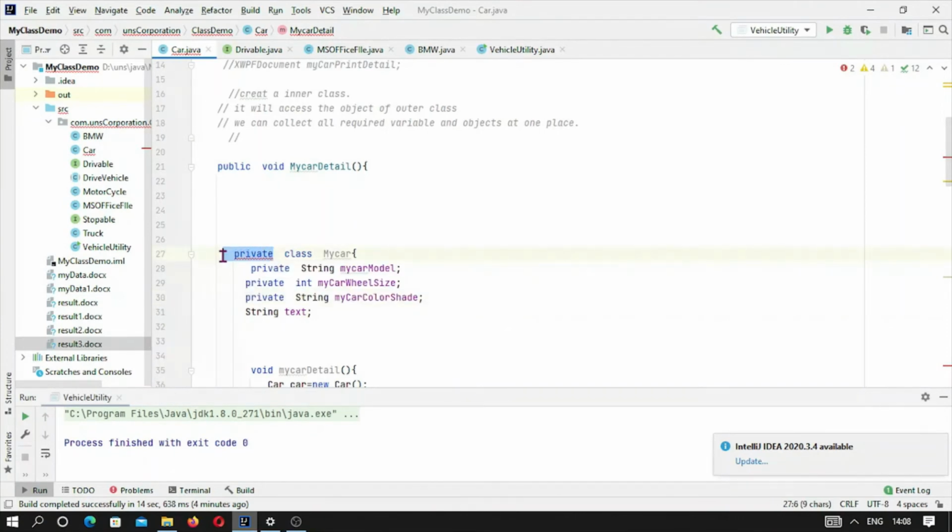Okay, private is not allowed here. Why is it so? Because it is inside a method.